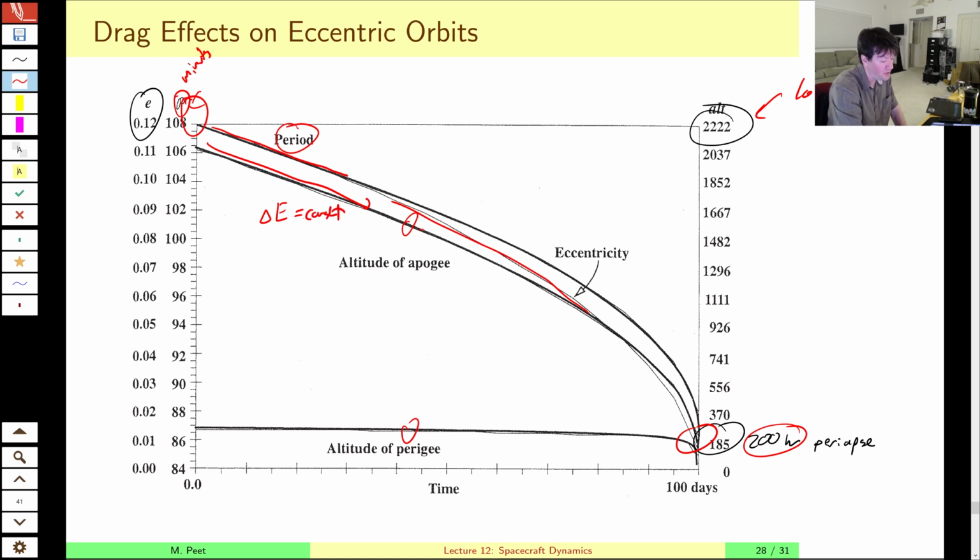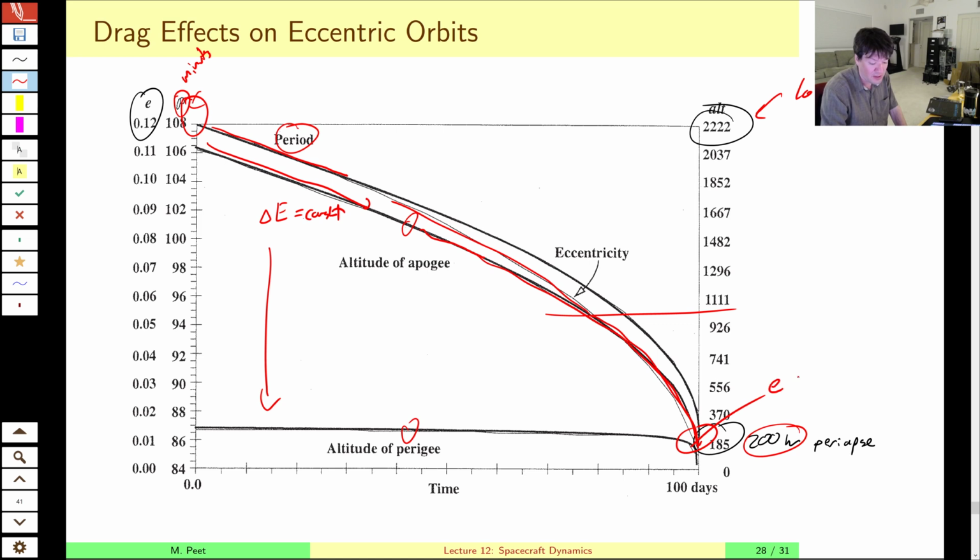There's going to be a delta E at every periapse, and it's going to be more or less the same. And at some point, you get that energy is dropping off quicker and quicker, and why is that? Well, it's just because there's not enough energy stored in the orbit to overcome this effect. And then at some point, the drag over here kicks in, and then you get this exponential decrease,